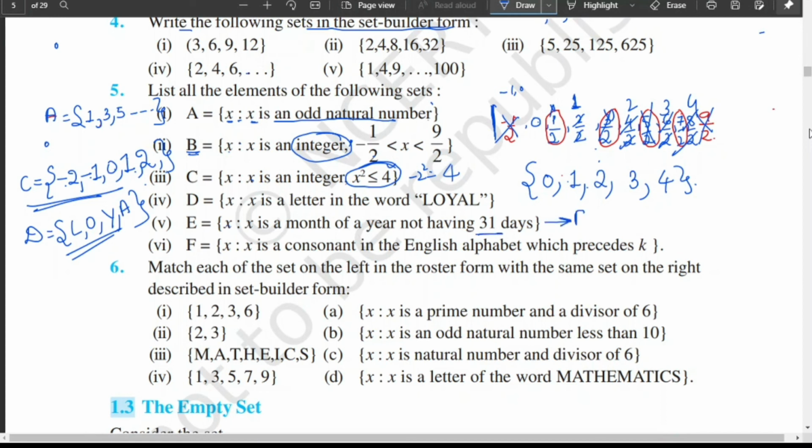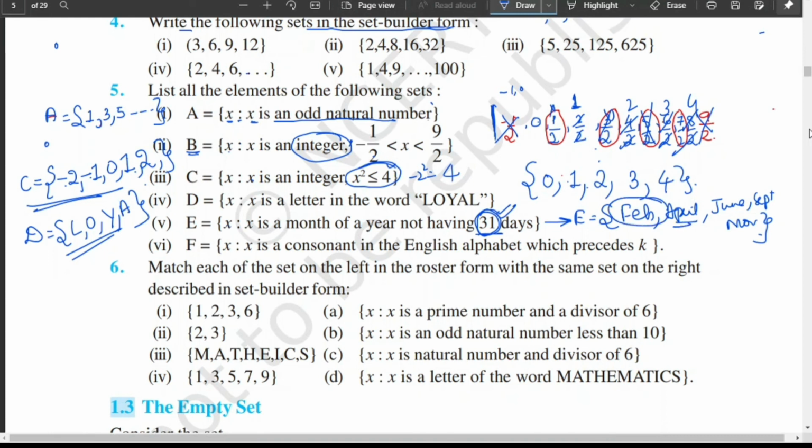Okay, here E equal to, you can start in your knuckles if at all you have the practice of doing it. January 31, Feb is having 28 but the condition is not having 31. So February will come in the set. Then next will be April, June, September and November. So these are the months which do not have 31 days in this. So you will be writing all this. What confuses is we leave out February.